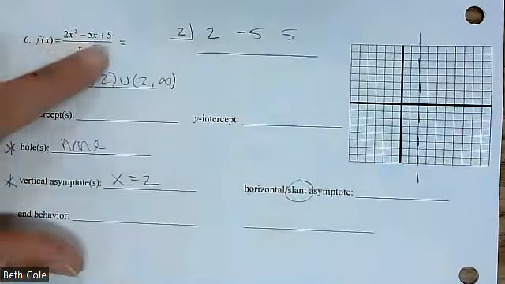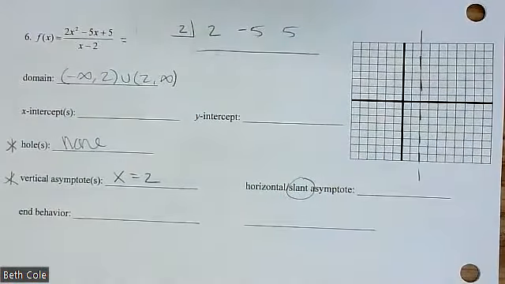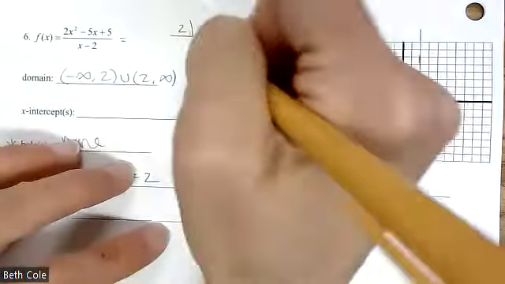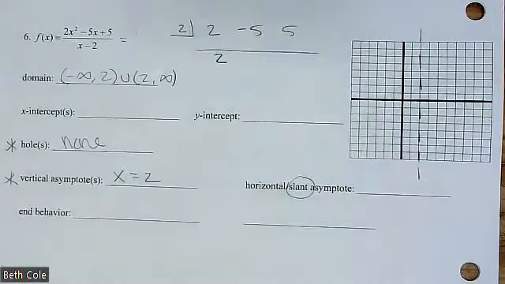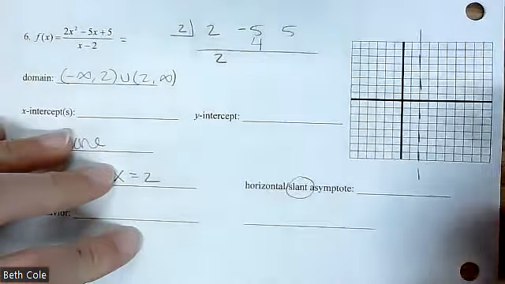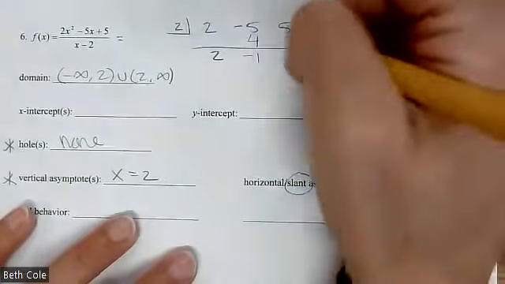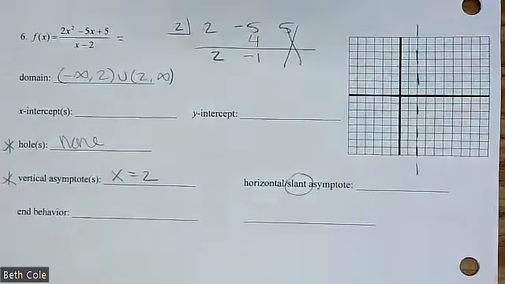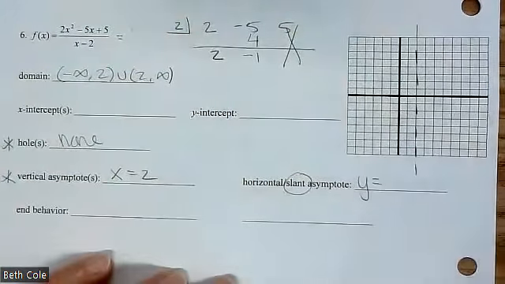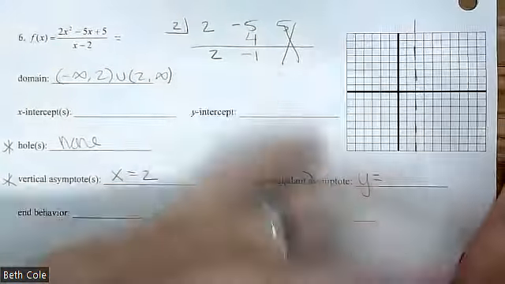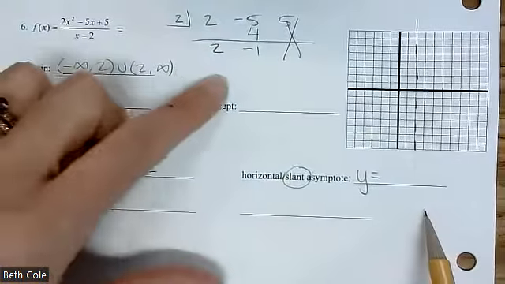Is our countdown in order? It is 2, -5, 5. They're always going to be short, easy problems. Bring down the 2, multiply, add, multiply, add. 2 times 2 is 4. Good, -1. And actually, you can stop there. If you don't even feel like finishing it, why? Yeah, we don't use the remainder. So this is going to be y equals, and this is y equals mx plus b, guys. Y equals,